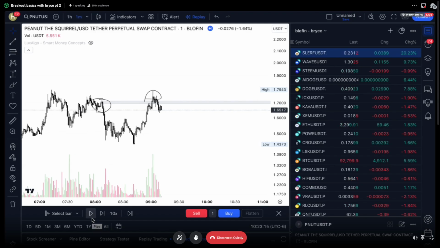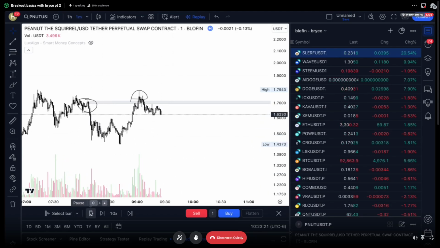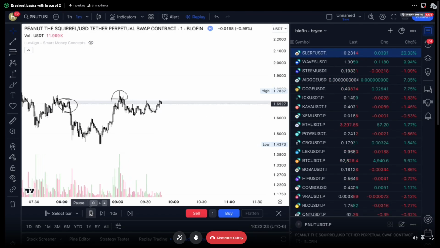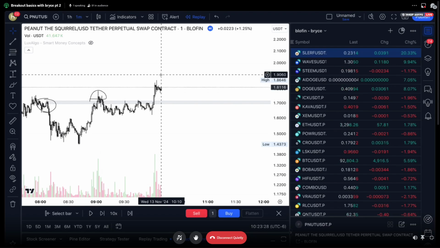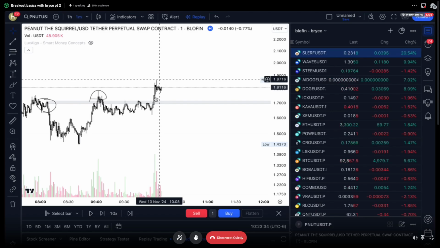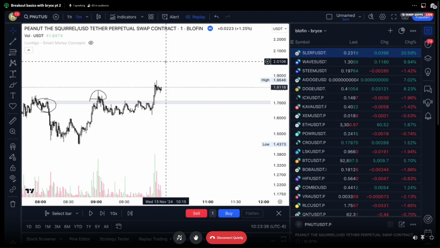There's your sweep above. So at this point, I want to see this imbalance get tapped and then a reclaim. And we get the reclaim, and obviously we get a bit of continuation. Not the cleanest setup, not the cleanest continuation play. Obviously, you want to see these candles continually moving to the upside, especially if you're playing continuation. But